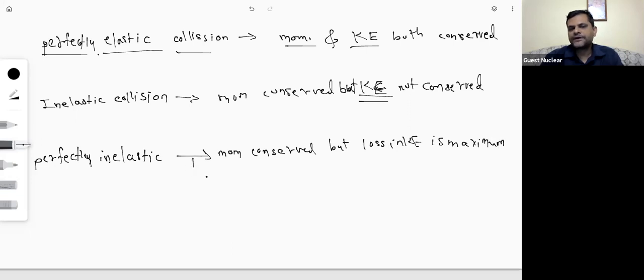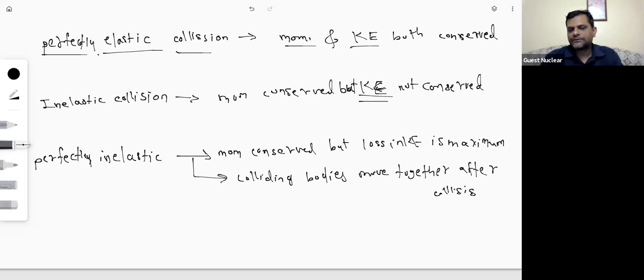And we can also define it alternatively in this way: the colliding bodies just move together after the collision. Remember, colliding bodies move together with the same velocity in the same direction after the collision. So after the collision these two bodies move with exactly the same velocities. Like in the last example we saw, if they come to rest,